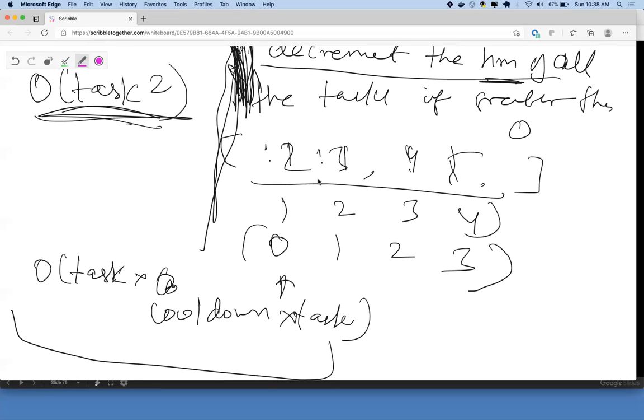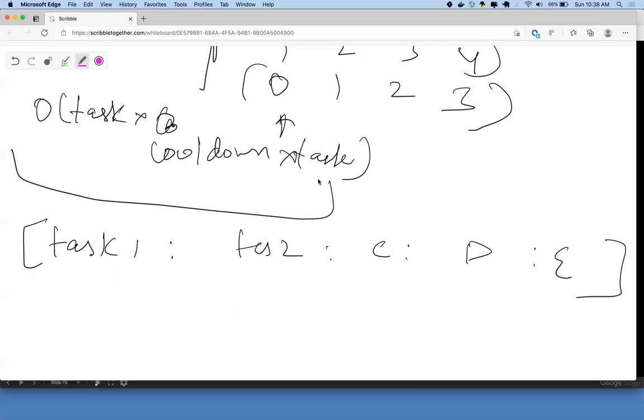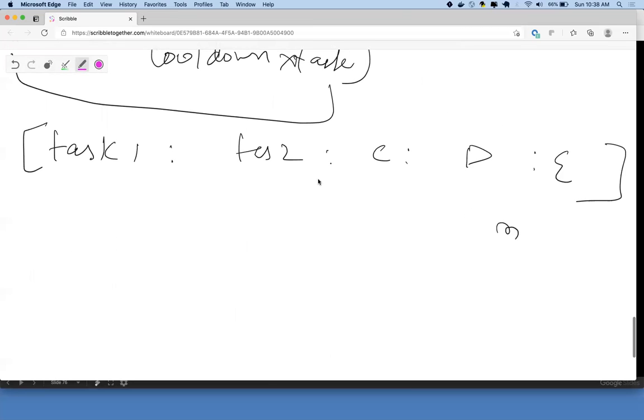I see. So basically you're saying you have tasks stored. If you're drawing something, we can't see it. No, I'm not drawing anything till now. Okay, I'm just trying to visualize what you're saying. Let's say there are so many tasks. Let's say task 1, task 2, A, B, C, D, E, and let's say there are n tasks like this up to Z.